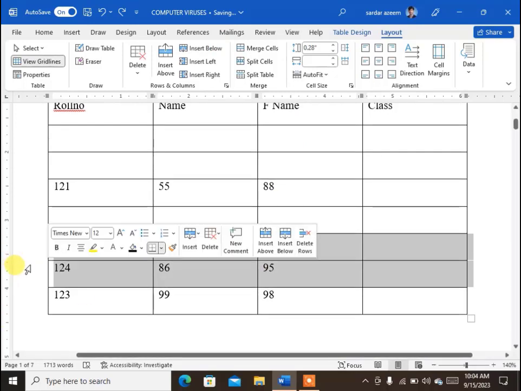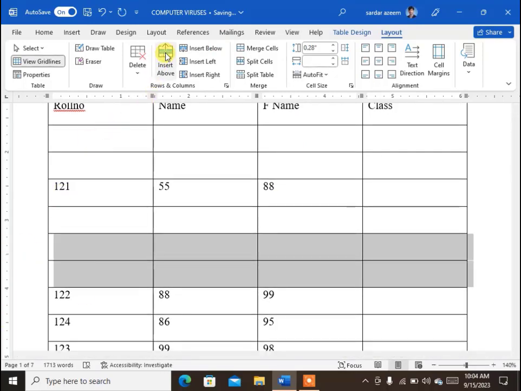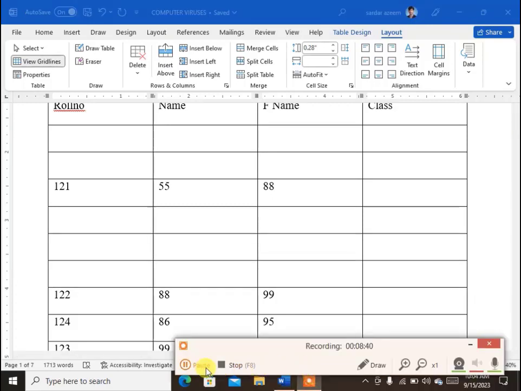If I select 2 rows and click insert above, it will add 2 rows above. If I select 3 rows and click insert above, it will add 3 new rows above. In a similar way,